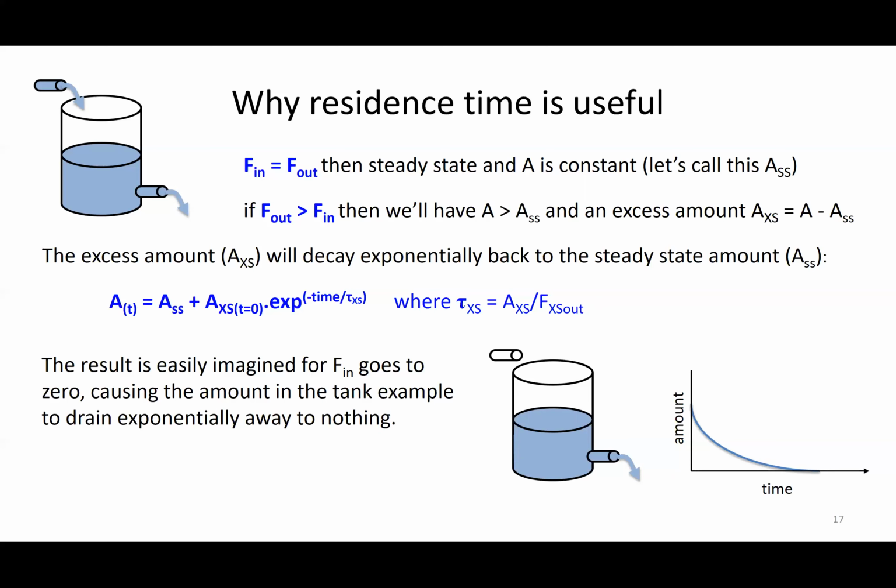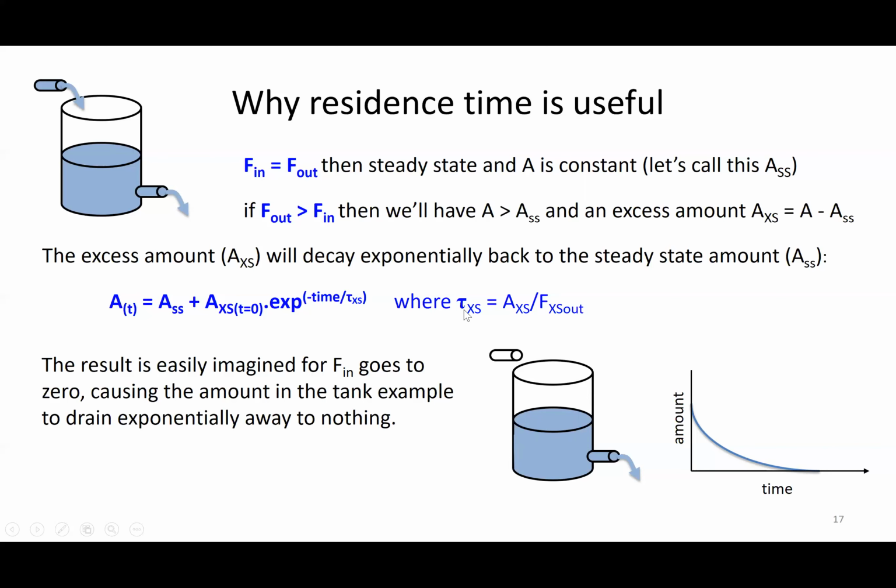So given the amount, the flux out tends to be proportional to the amount in the tank. As the amount gets lower and lower as the tank drains, the flux out will slow down, and the amount in the tank will gradually slow down further, and we'll follow a curve like this. That curve has an exponential form, and it would follow this equation here. So the amount in the tank as a function of time would decrease according to an exponential function like this,